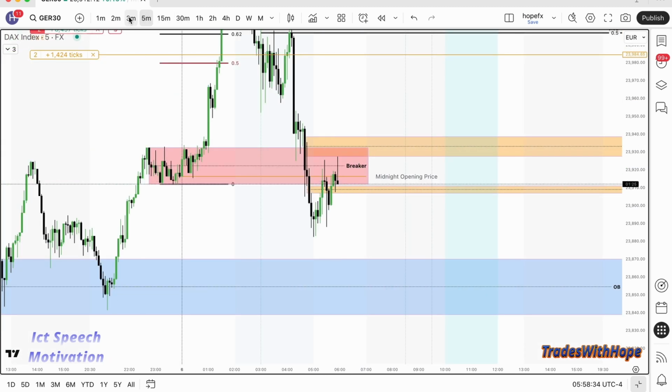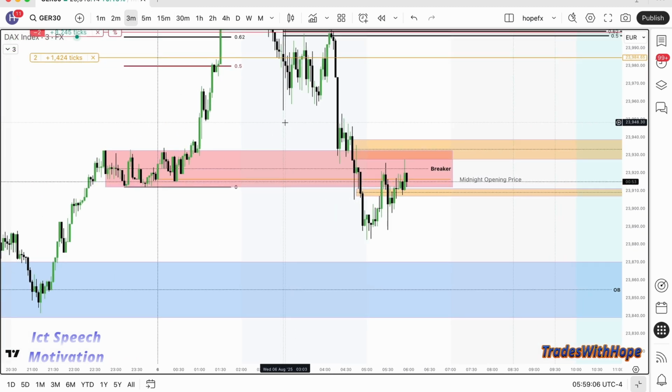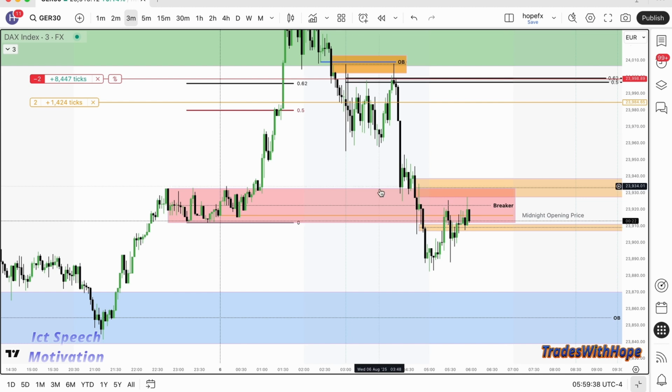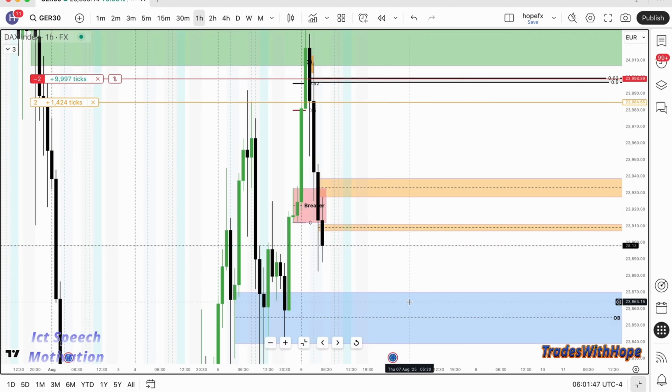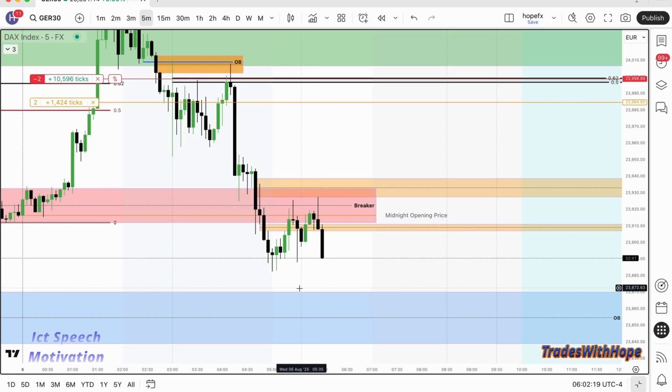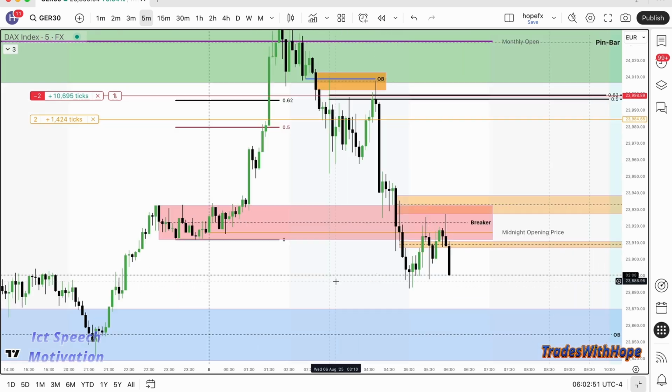And every relative equal low on a 15-second chart, once it's raided, if you take the first presented fair value gap after that, you have a high frequency trading algorithm right there. For a short-term high or relative equal high or inefficiency above it, that's your first partial. And then you hold it and see if it can start delivering to that higher time frame target. And then if it does,